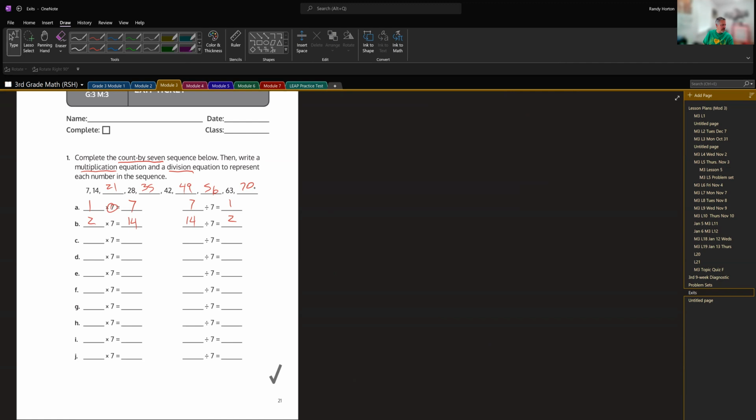And then one more. We see the product is going to be the third 7, which is 21. And since it is the third one, that's 3 times 7 equals 21. Reverse it for division. We have 21 divided by 7 equals 3. And just simply complete that sequence, that process, until they are all completed. And that is lesson 5 of module 3 for